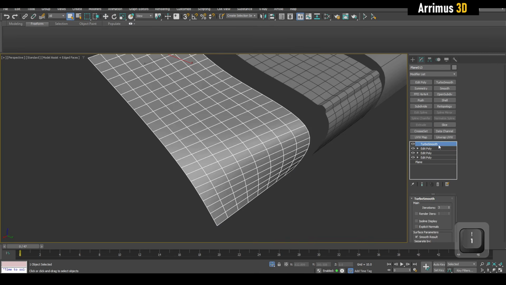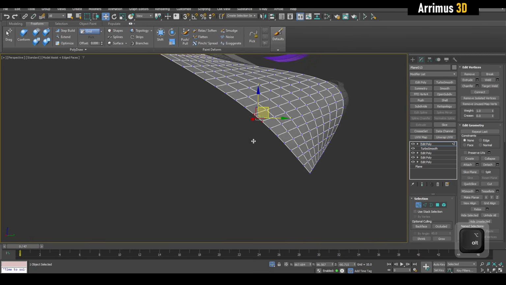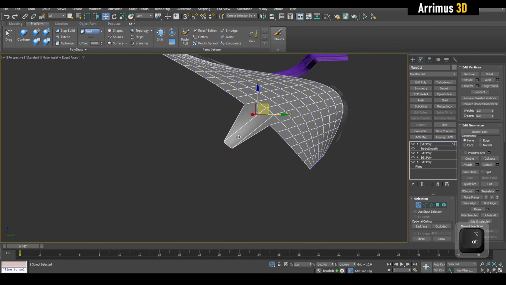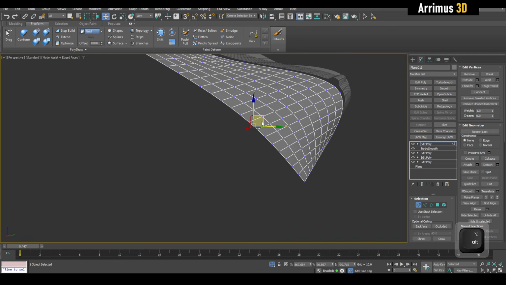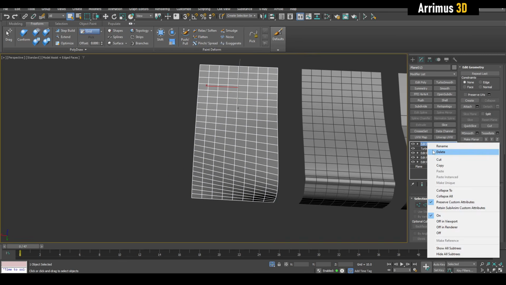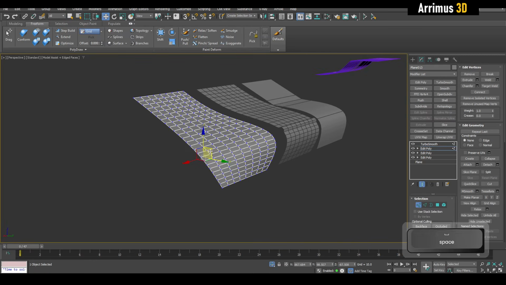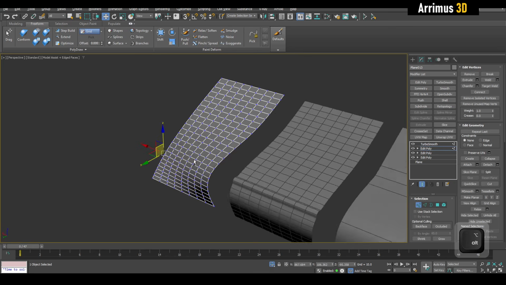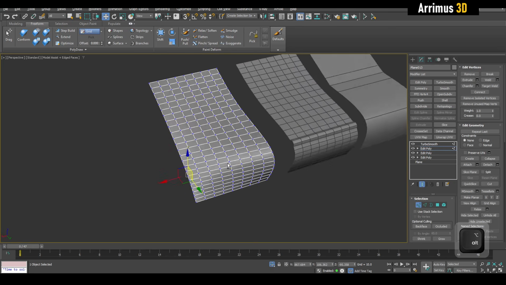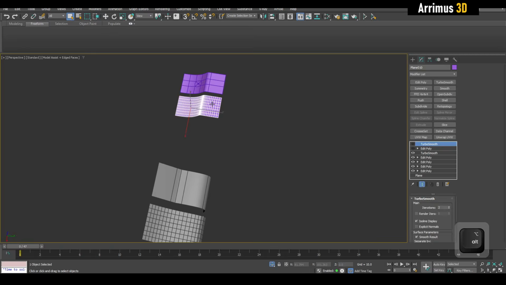Once you establish the curvature, guys, and get this, as you notice, I can no longer just move a single vertex to modify that. I now need to move, you know, groups of vertices, dozens, hundreds of vertices. So guys, the best workflow is to keep things as simple as possible for as long as possible and only establish a curvature after you have the shape that you want. With this example here,